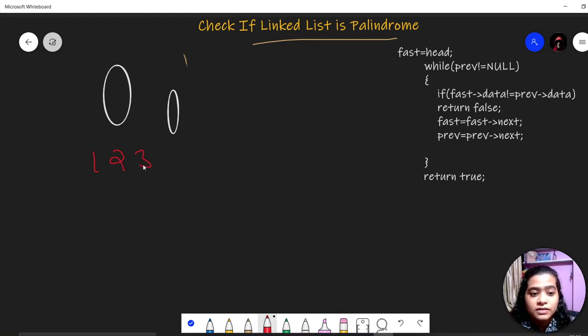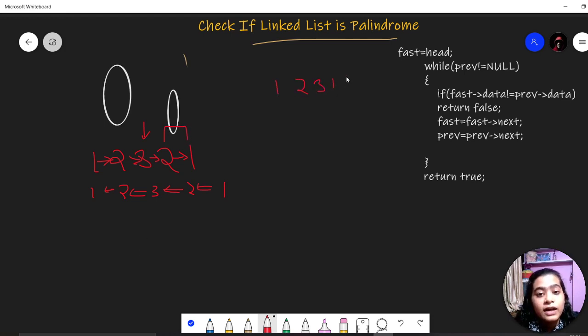So this was the linked list. And now how to reverse it. So we are taking two pointers. You can check it in the I button how to find the reverse of a linked list. We just have to reverse these pointers so that it is pointing reverse. This is how we do the reverse of the linked list. So first we are finding the mid element. Then we are reversing this part. 1, 2, 3, 1 and 2.